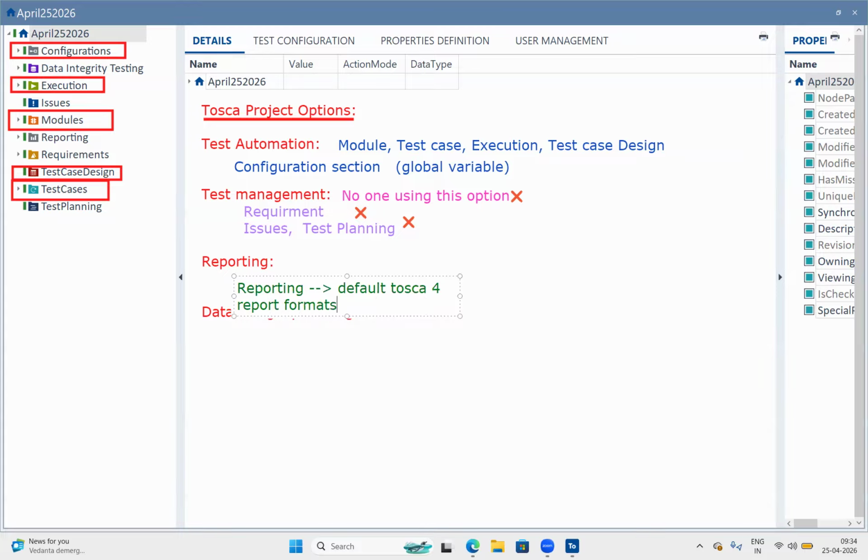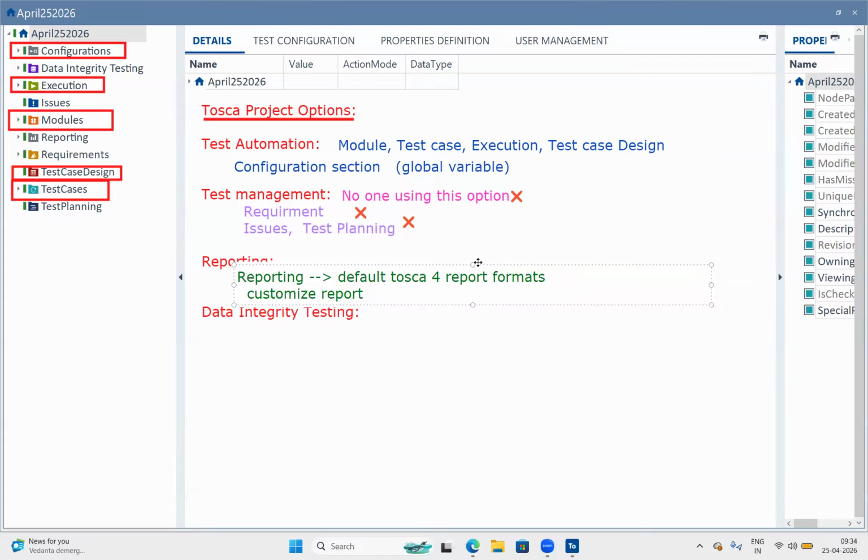Sometimes the clients want a specific customized report, like with a company logo and specific kinds of columns, and they design what type of report they want. Based on that, we can create this customized report.